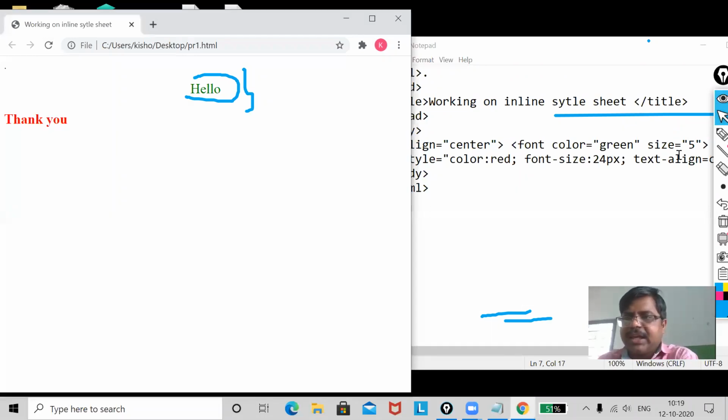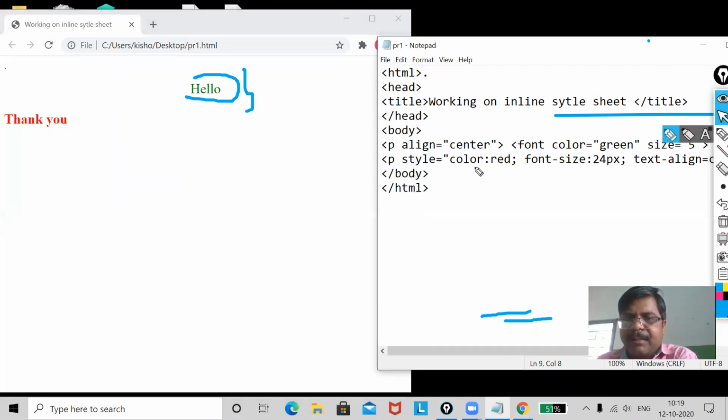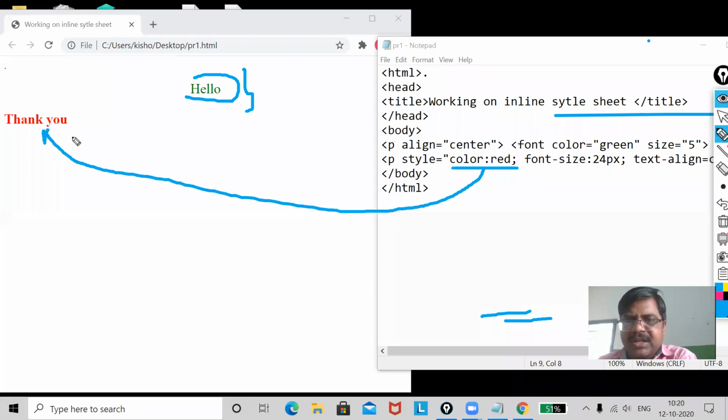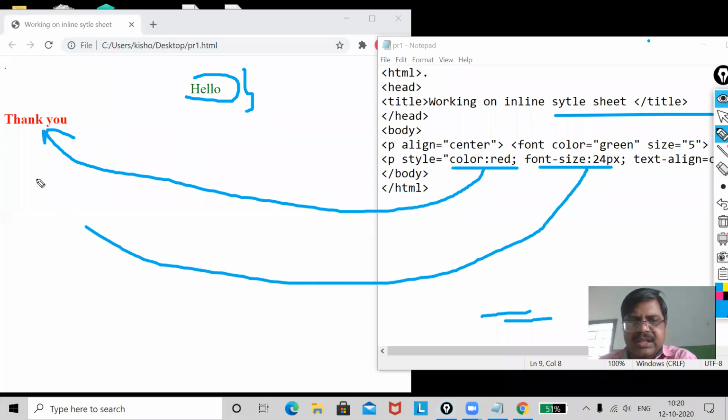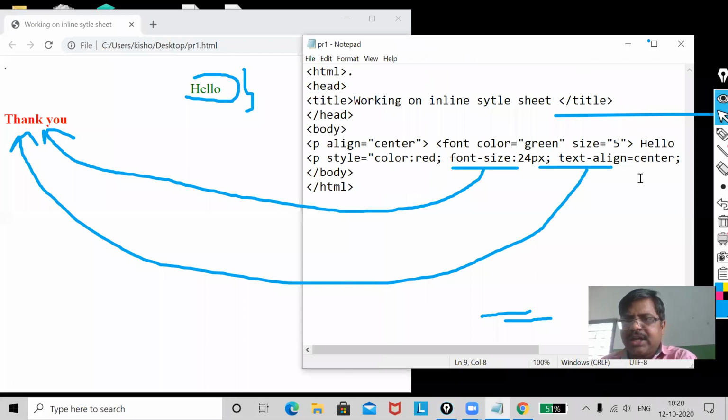Now here you see. In the next one, what I have done, my color as red. Color has become red, but this I have done using the style sheet. Font size 24px, that is also applicable. Now text-align, sorry, colon I have to use.